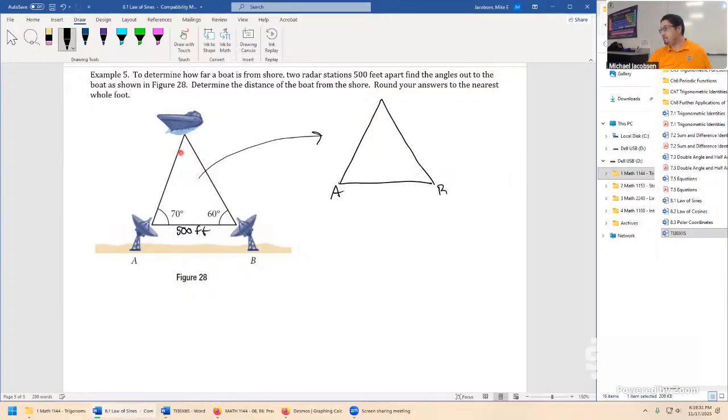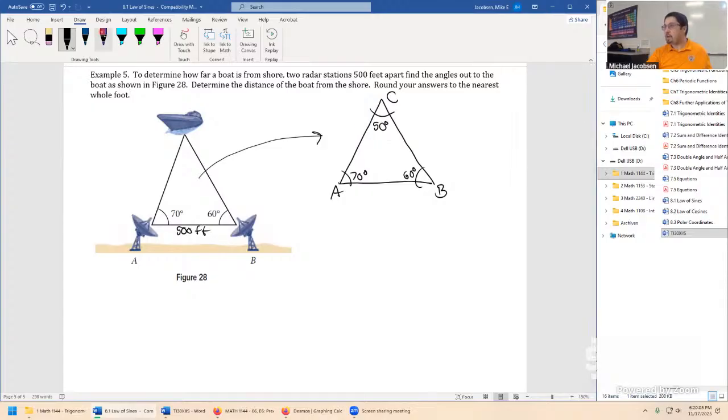Here's A, B, C is the angle where the boat is. Using ideas from before, we can measure the angle C because if this is 70 degrees and this is 60 degrees, that's 130 degrees so far. We have to put down an angle here that'll get us to 180 degrees, and 50 degrees is what would do the job. These three added together would give us 180 degrees. So that's pretty much how we started off our example 3.